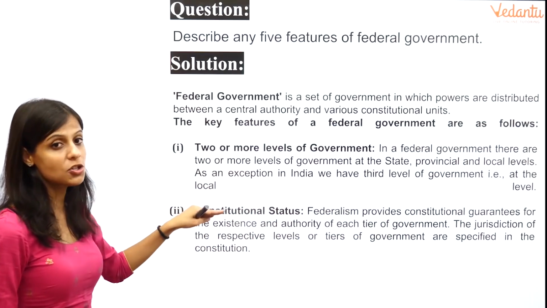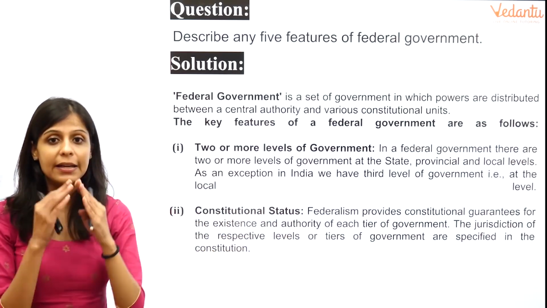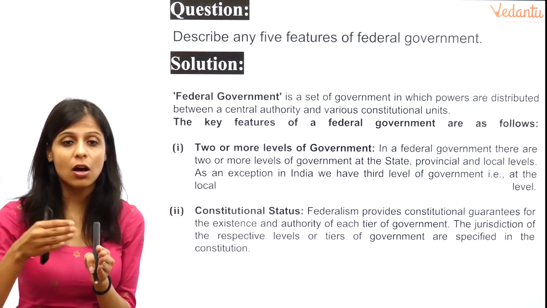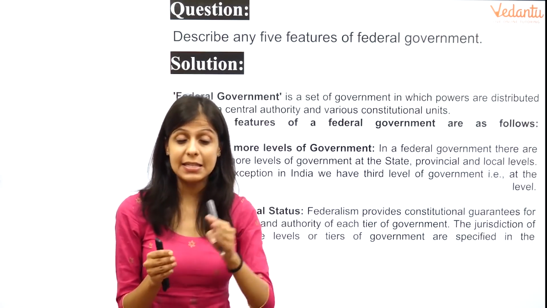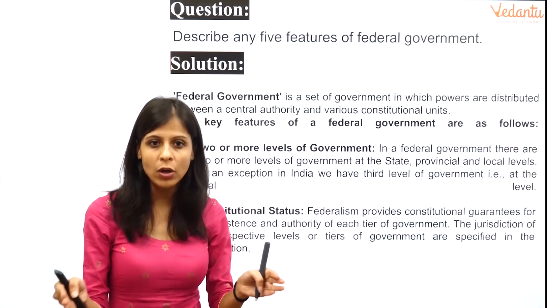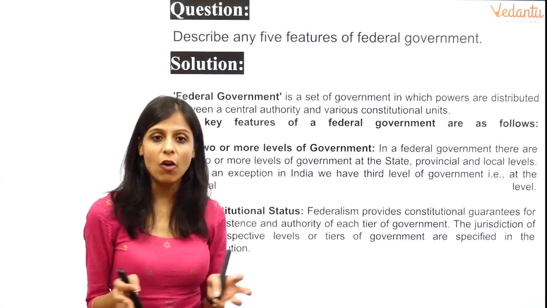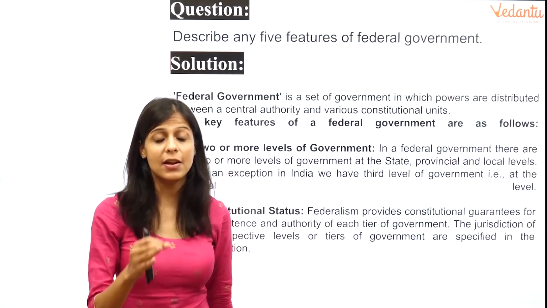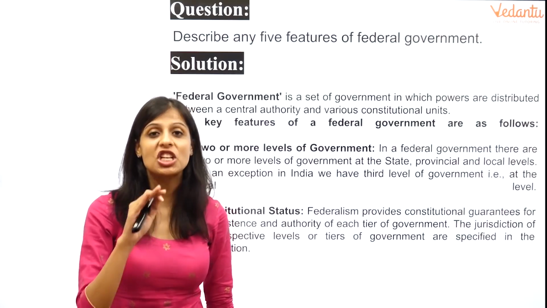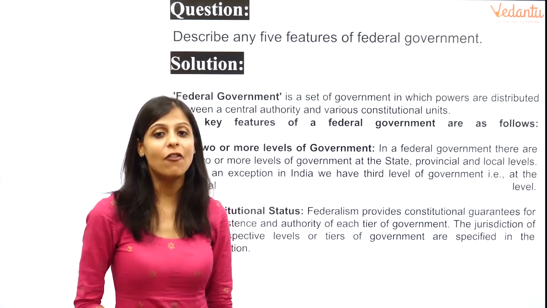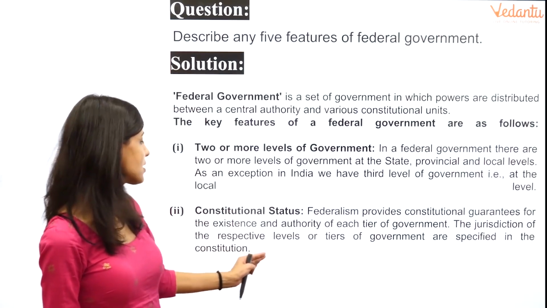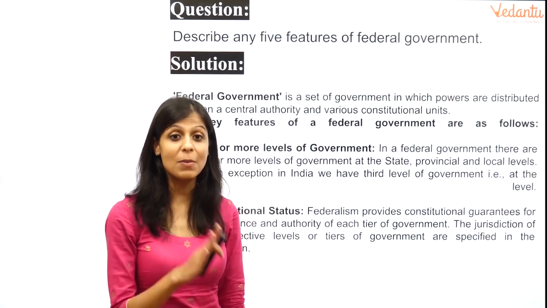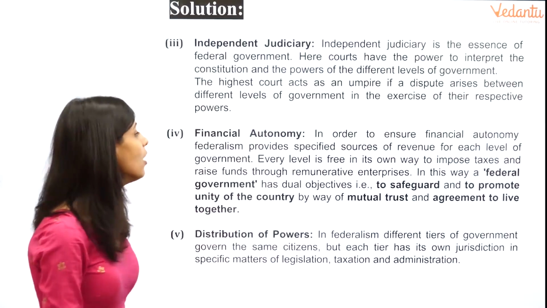Second important point is about the constitutional status, that there is constitutional recognition awarded to the national government and the state government. They operate in their own territory, in their own area of operation, and their performance areas are explicitly mentioned, clearly mentioned in the Constitution of India. So their jurisdiction is with the respective level of the government. If it's related to pan-India, it's going to be the central government. If it's just related to the territory, it's going to be the state government.